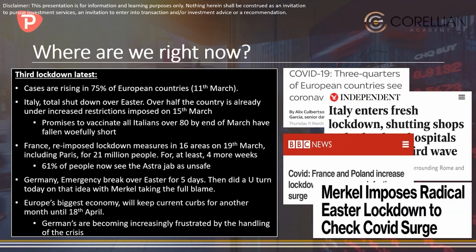And I think risk assets have taken notice of this. If you look at 75% of European countries as of the 11th of March, they saw rising cases. France is talking about exponential increases, Italy is shutting down over Easter, France is reimposing lockdowns. Germany's emergency break over 5 days has been cancelled by Merkel due to not only political pressure,